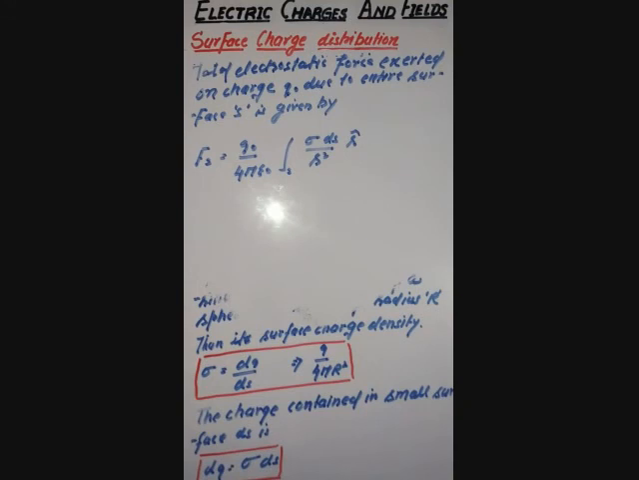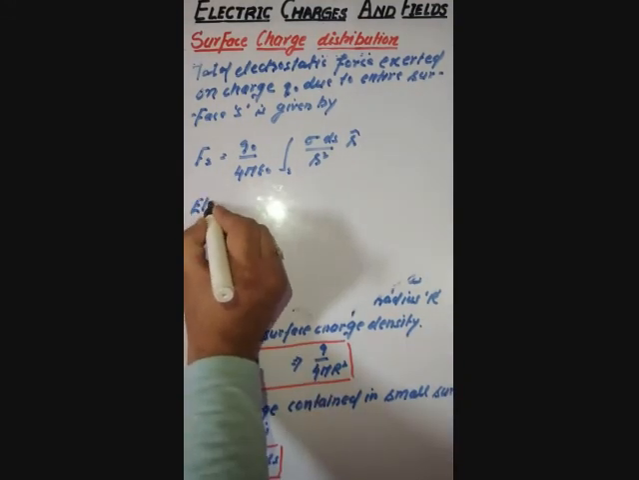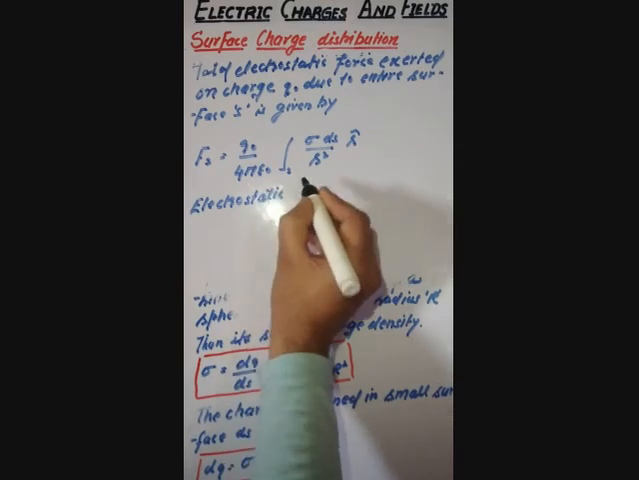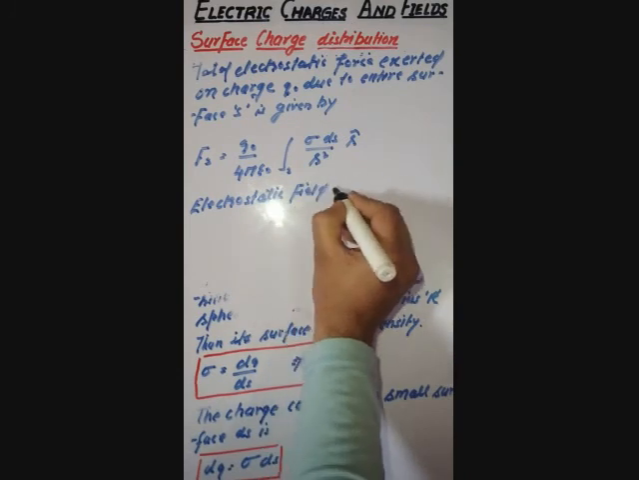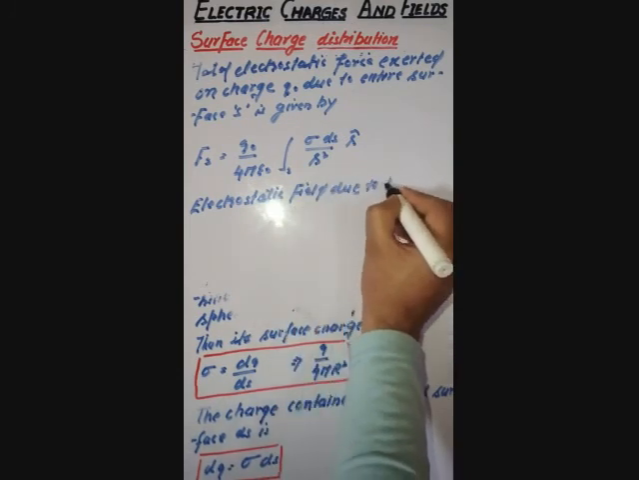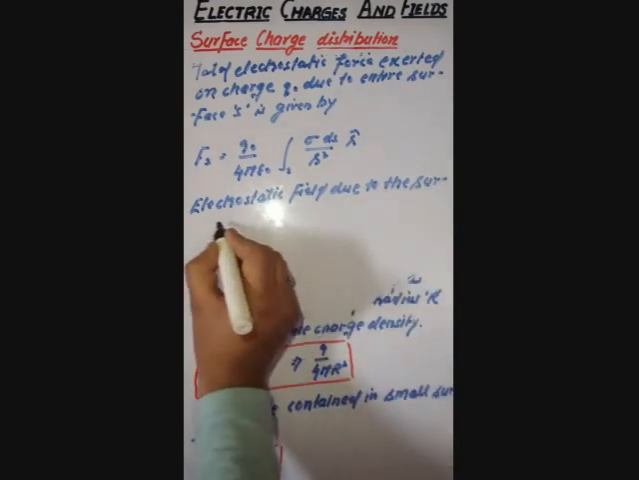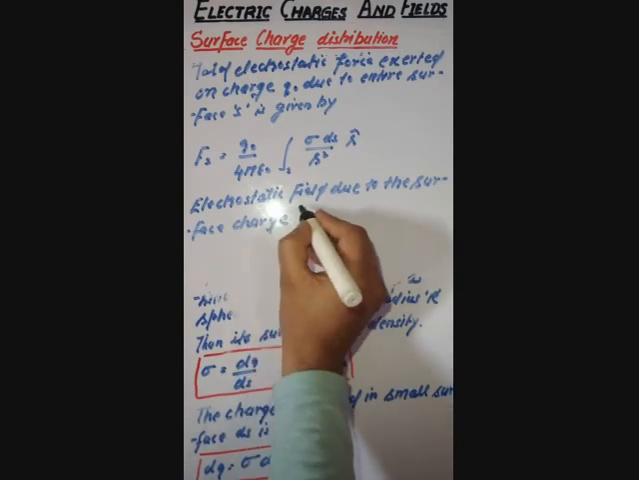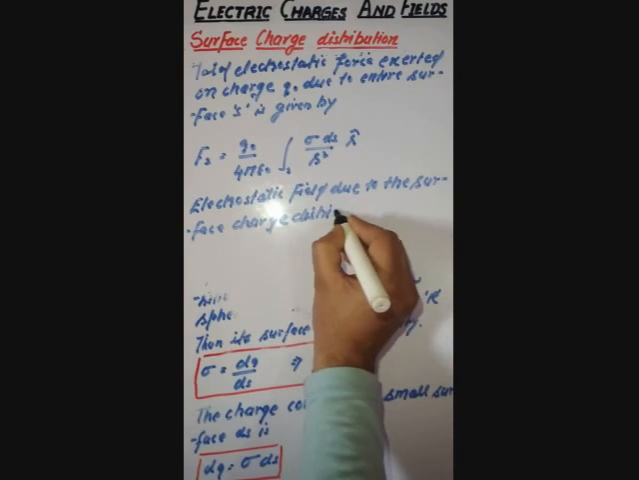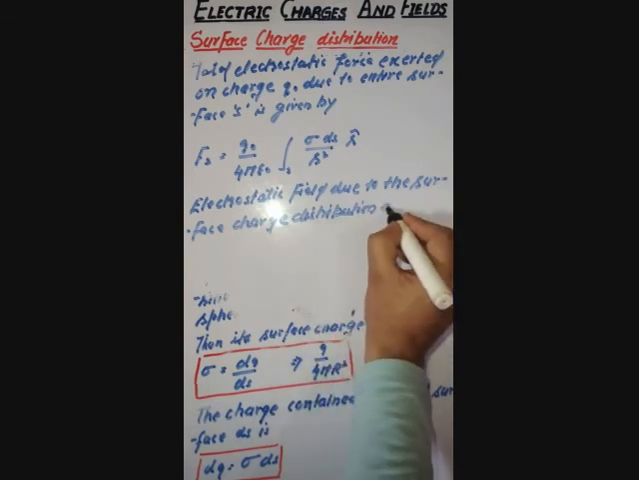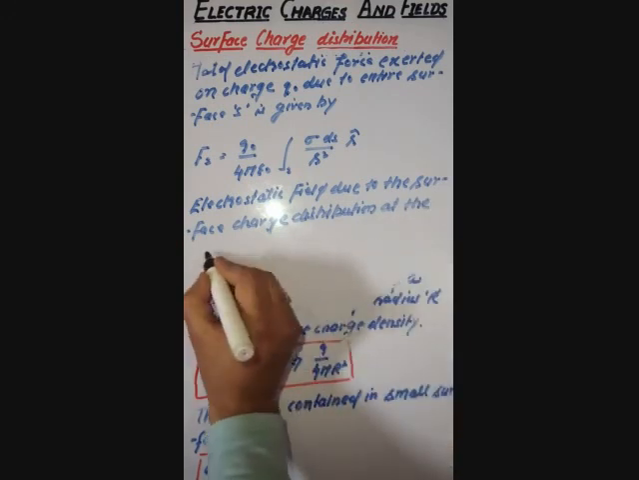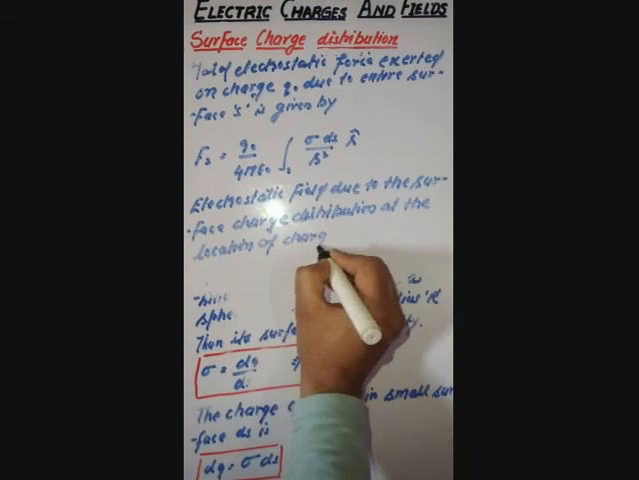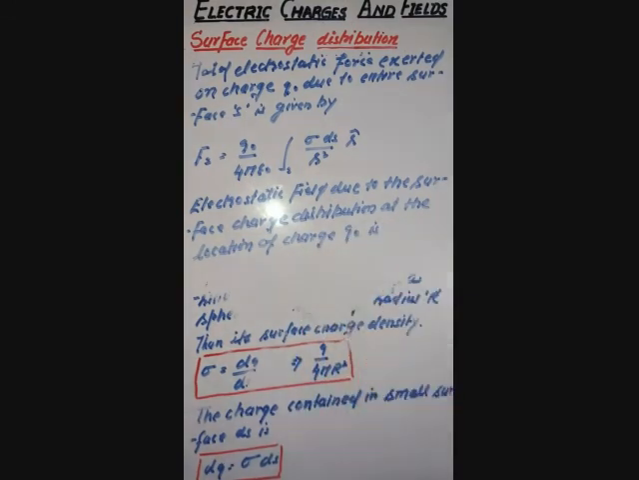So you can write the electrostatic field due to the surface charge distribution at the location of charge q naught is, you can write again